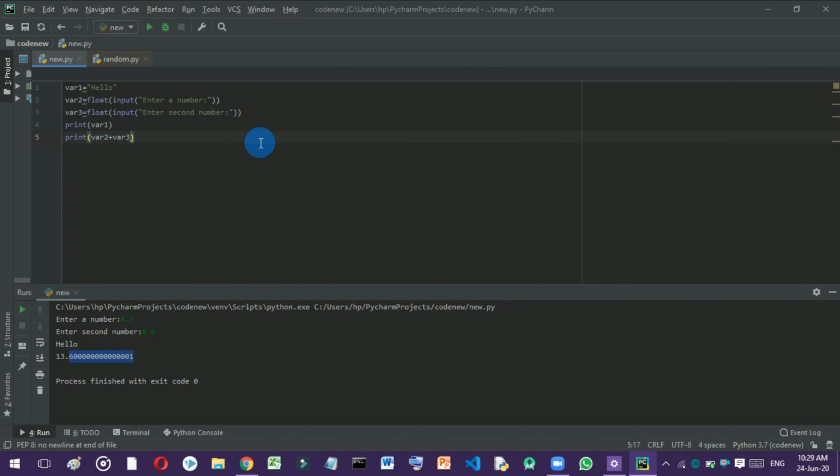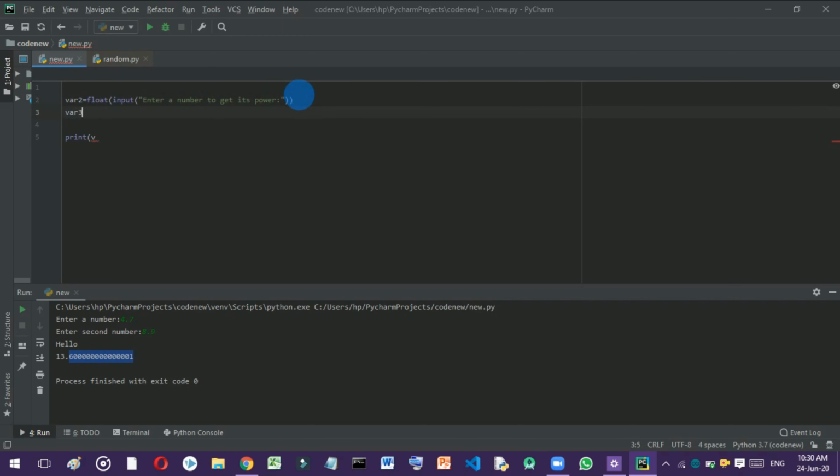Now you have understood how you can make a simple calculator. Now what if you want to get the exponential value of any number? Let me delete this var3 and var1. In var2, someone enters a number to get its power. Enter a number to get its power. And now I will ask him in the third variable.